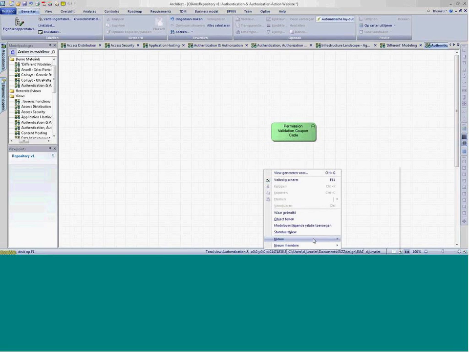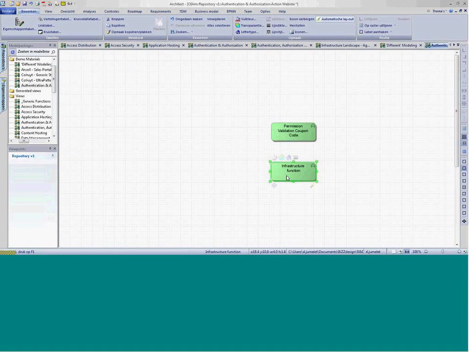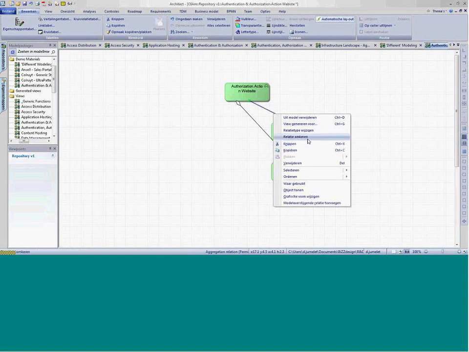So in order to validate the coupon code, I need a permission register, which holds the permission register coupon codes, which holds all the valid coupons, or at least the rules that are used to identify the valid coupons. So I have a use-by relationship. I have to reassign it. So this simple model can be enough to aggregate the authorization part of the action website. I have to reverse that as well. Okay, and then